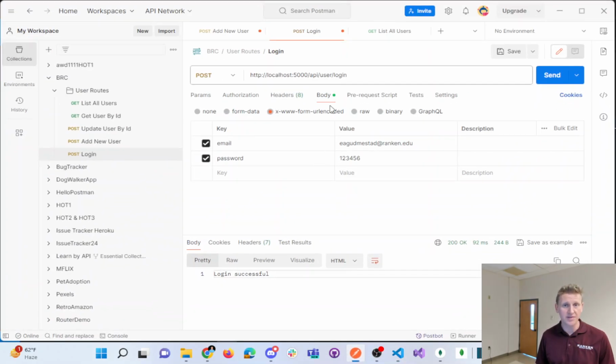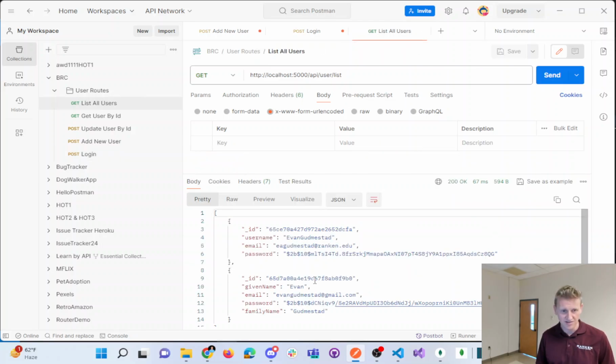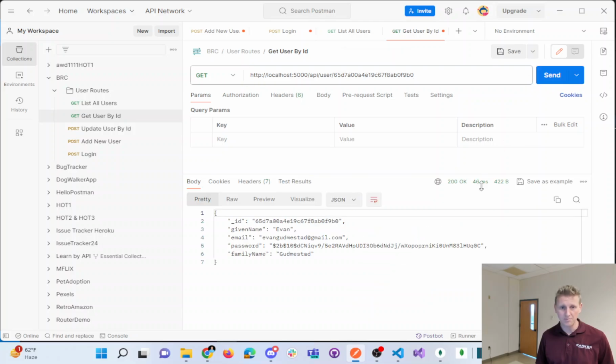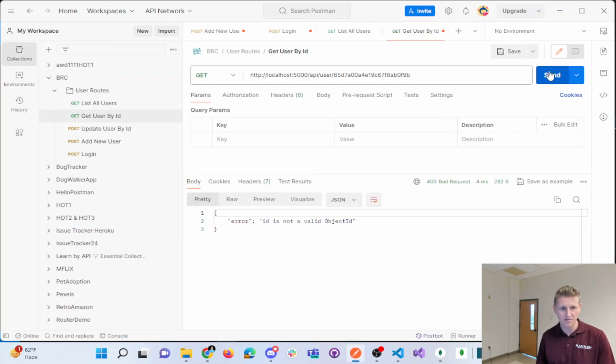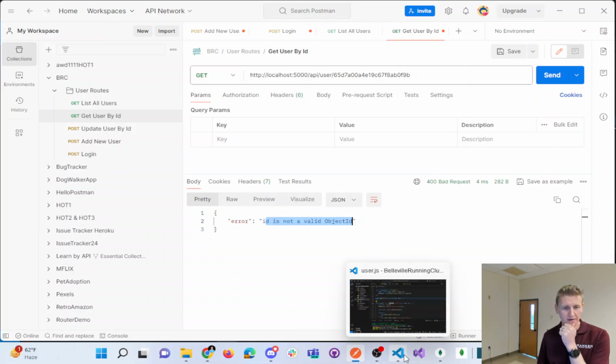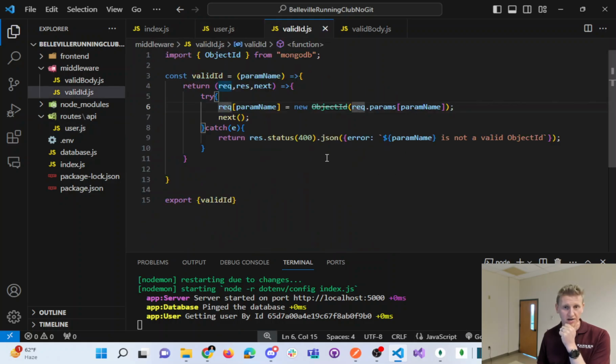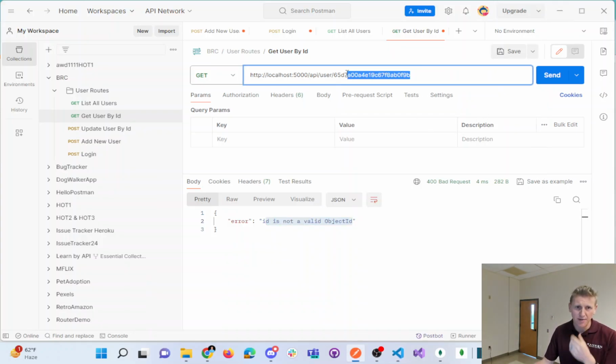So let's go to getting our user by ID. Let's list all users, and there's that. Let's get a user by ID, and we should be able to get that user, which looks fine. Now if I don't pass a valid ID, we get "ID's not valid object ID," which comes from our middleware, all the way back here, right there. If you pass any string that's not a valid object ID, which is a certain number of hex characters,